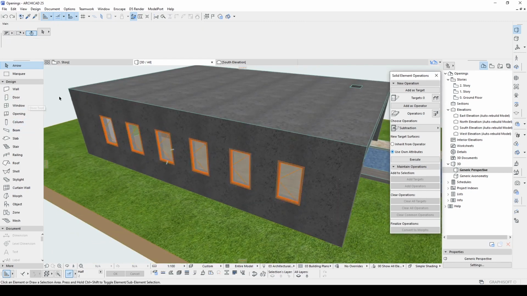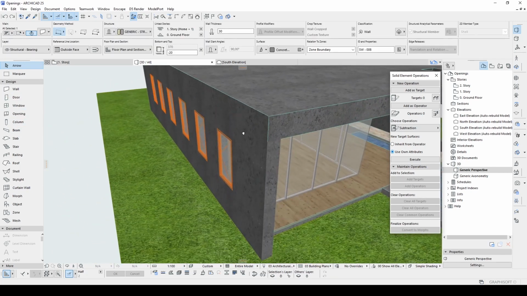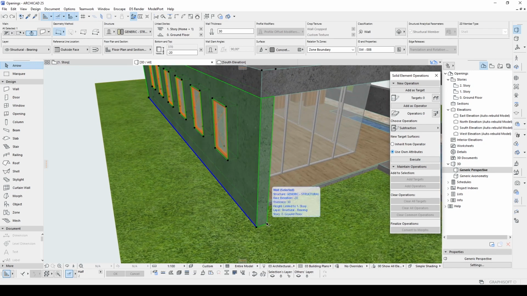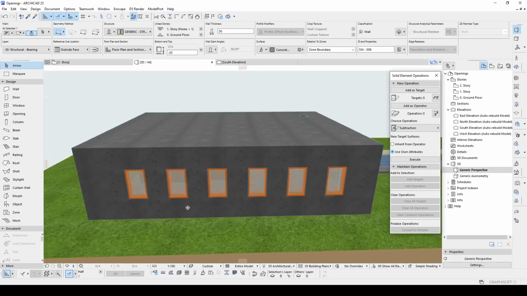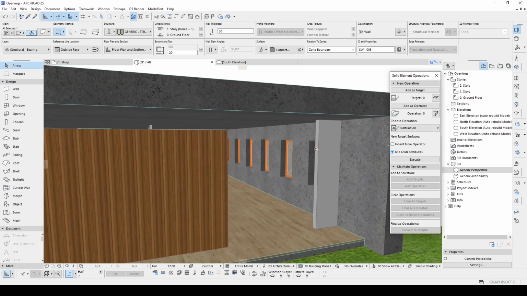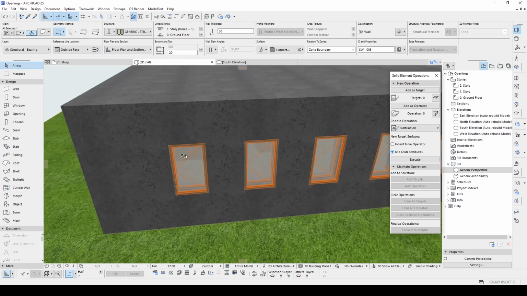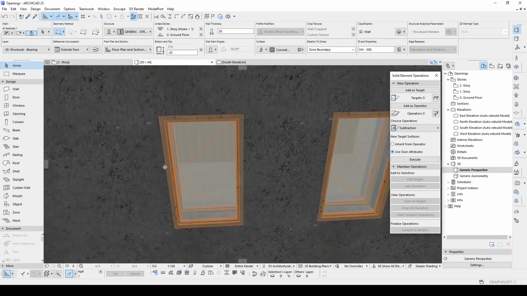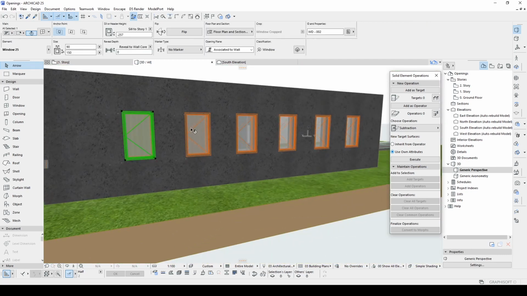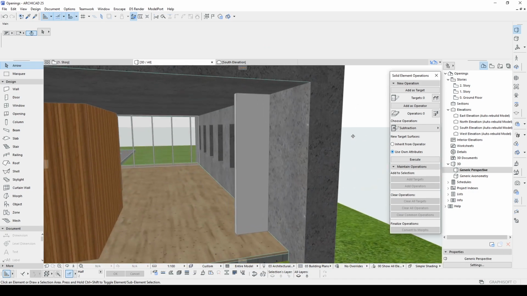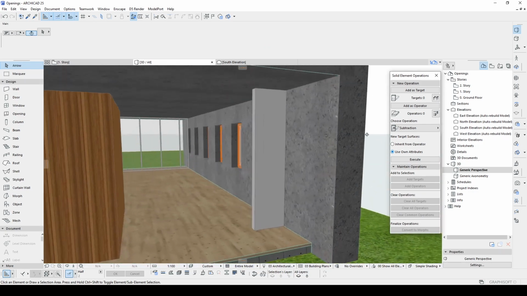and there are lots of ways, but for instance, this one: let's just copy this wall with the windows, and for those windows, we are going to turn them into openings and create some depth.